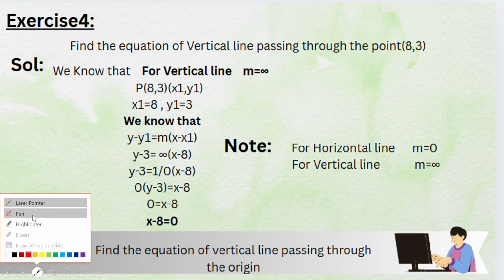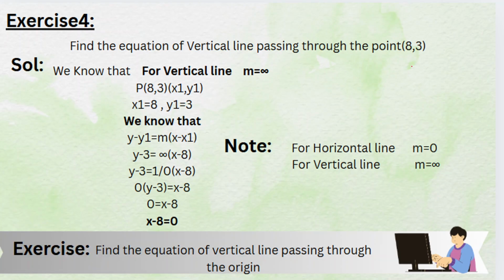Let us discuss this from this diagram. We are told that our line is vertical, which is a straight line making an angle of 90 degrees with the positive x-axis. So the line is vertical. In this case, the slope is infinity, because we can find the slope by tan of the angle, and the slope of the vertical line is equal to tan of 90, which is infinity. So we can say that the slope of the vertical line is always infinity.